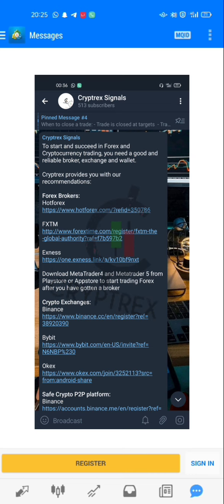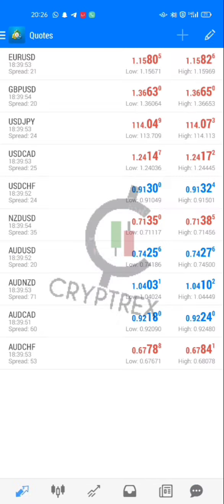So on there, that is where you get to register. So you can check our pinned messages for the brokers we use and select any one of your choice, register on them, get it verified, and I will definitely drop videos on how to link these brokers to your MetaTrader 4. And if you have any issues with any of the brokers, you can definitely contact us so we could explain to you and put you through.